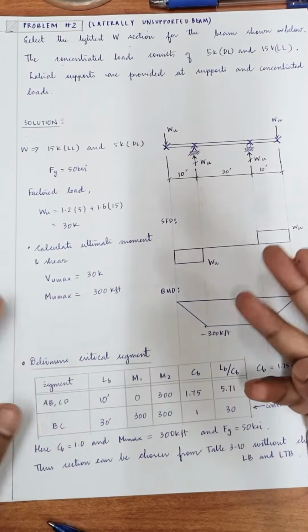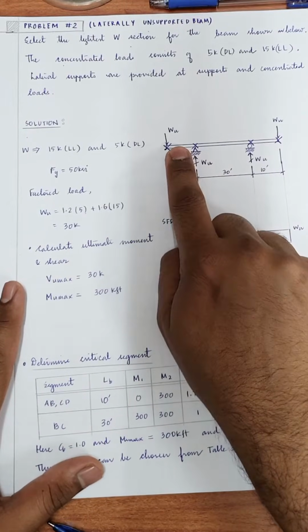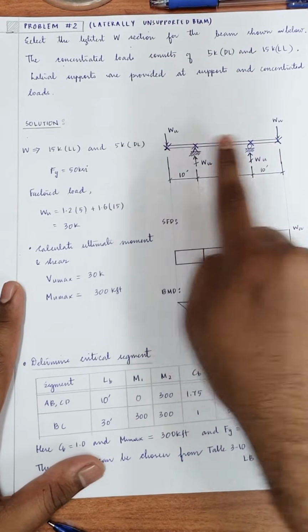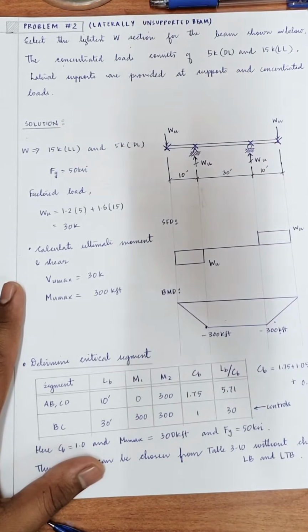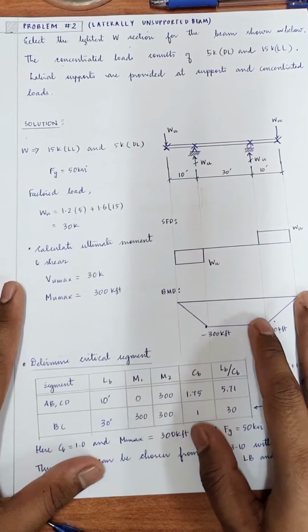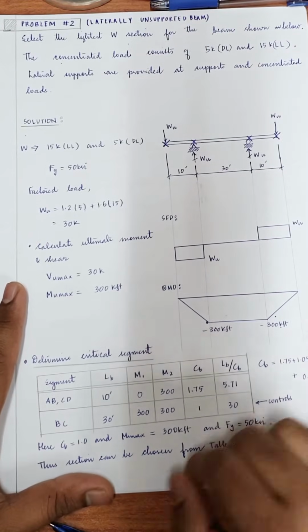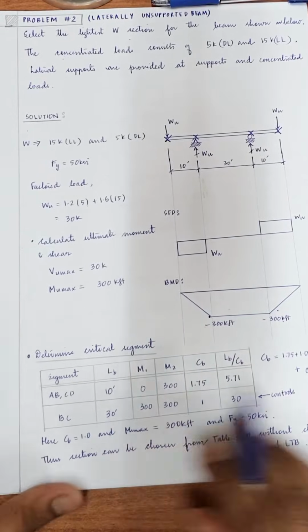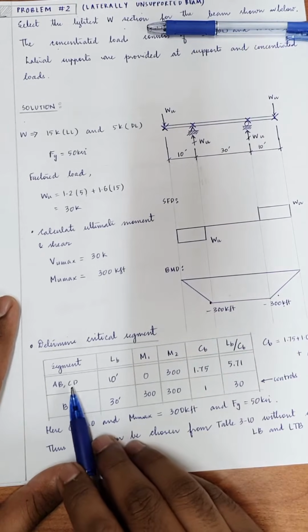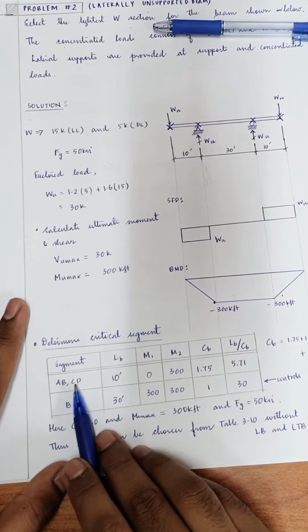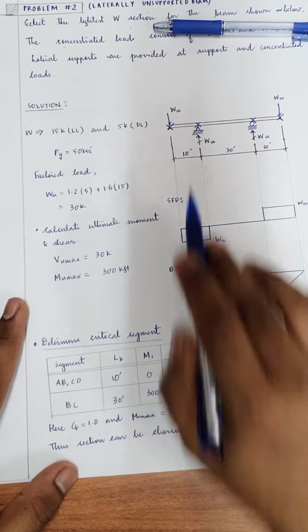We have three segments: segment 1, segment 2, and segment 3. It is very clear that segment 1 and segment 3 are identical, similar because of symmetry, while segment 2 is another case. So you have to split it into these segments as shown. AB or CD LB value is 10,